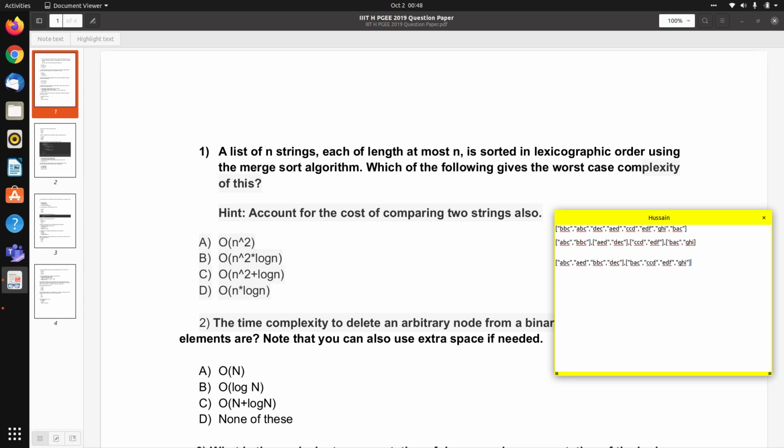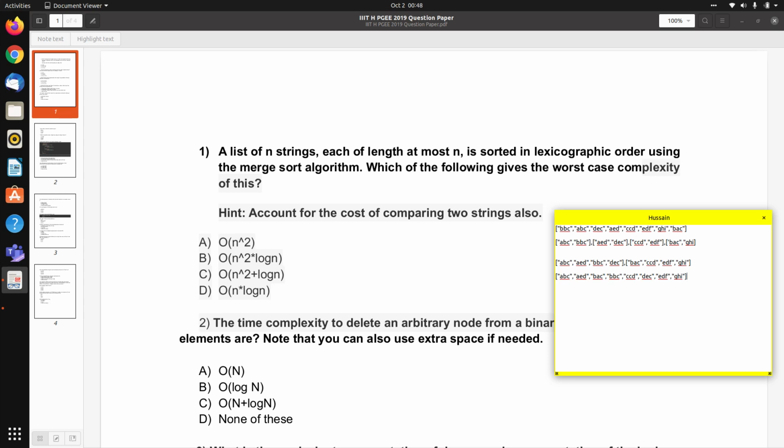Okay, so now we get 2 arrays which are individually sorted. To find the final array, we need to merge them. Okay, so we do the merge operation again. Next will be AED, then PAC, then BBC, then CCD, then DEC, and we copy the rest from the second, GHI.